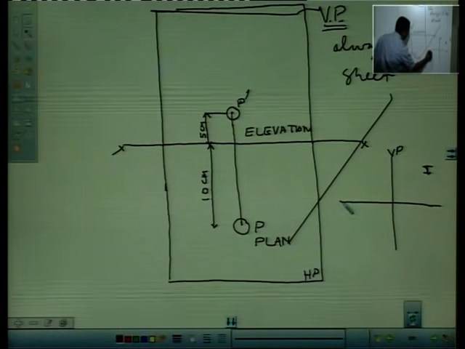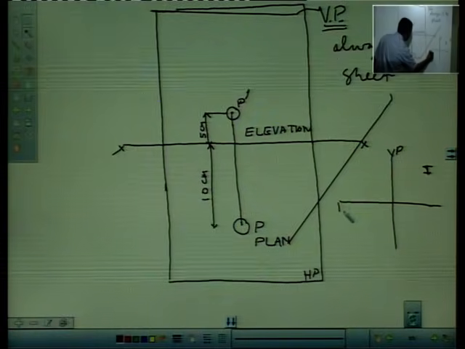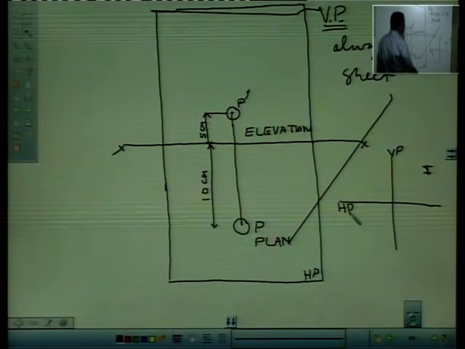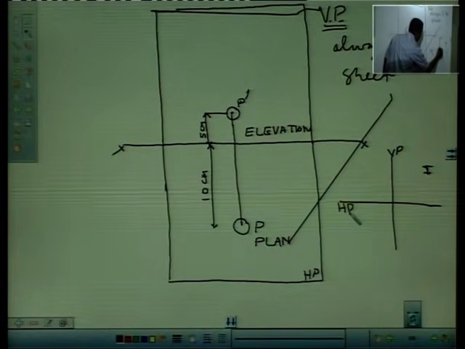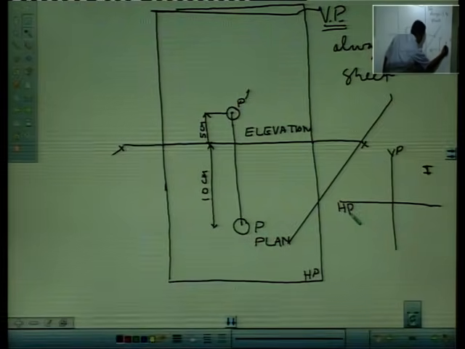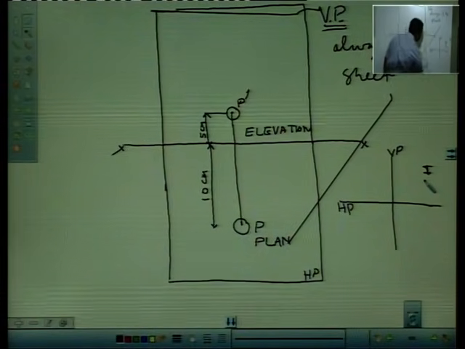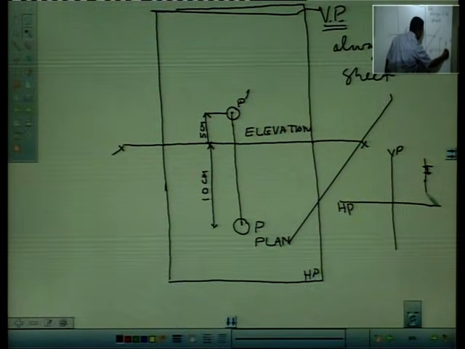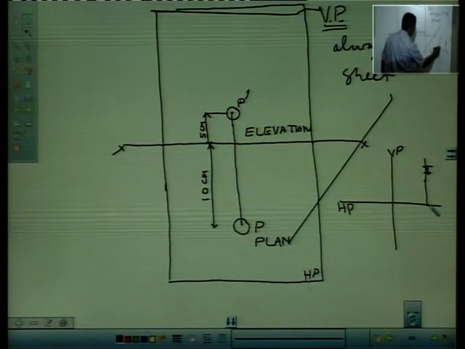This is horizontal plane. Ten centimeter in front of vertical plane, our point will be somewhere here. Say this is 10 centimeters, so our point will be here on this line, which is 10 centimeter from this vertical plane,